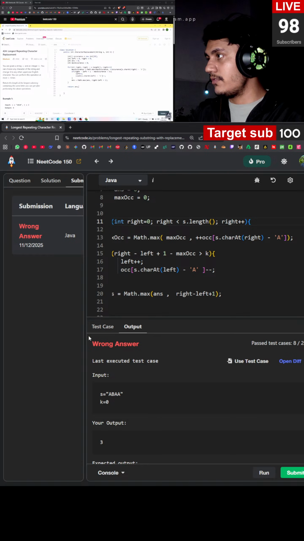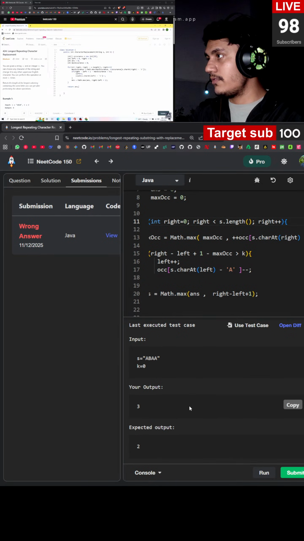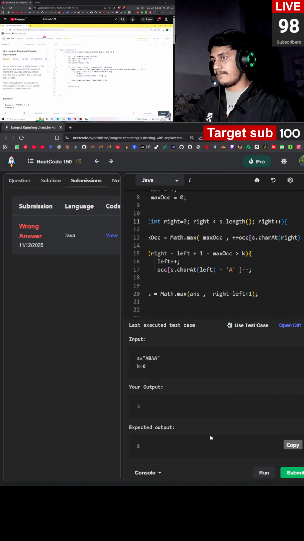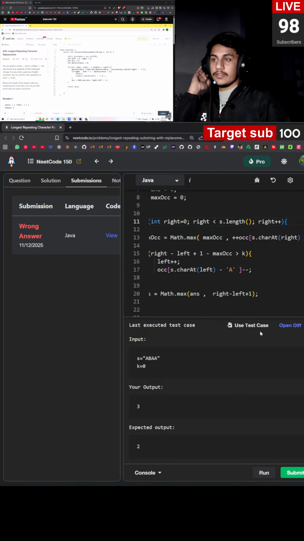रॉन्ग आंसर, वाओ। एक्सपेक्टेड आउटपुट 2, योर आउटपुट 3, कुछ तो छोटा मोटा गड़बड़ किया है मैंने।